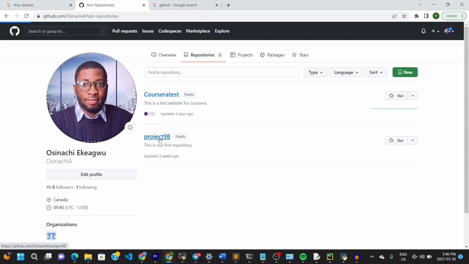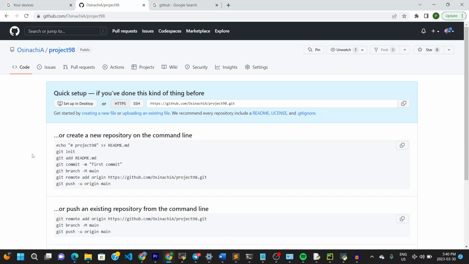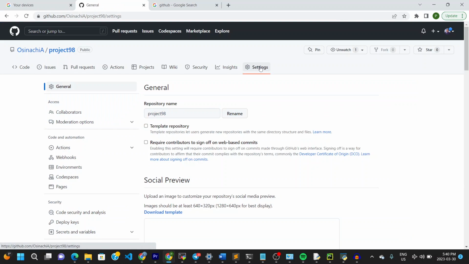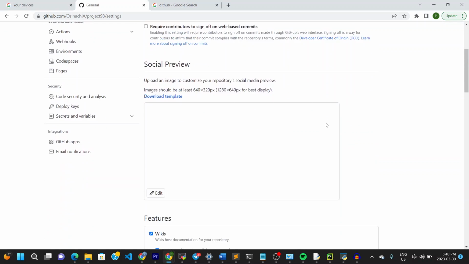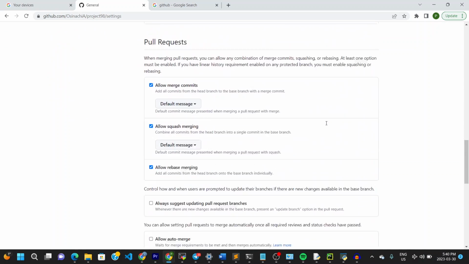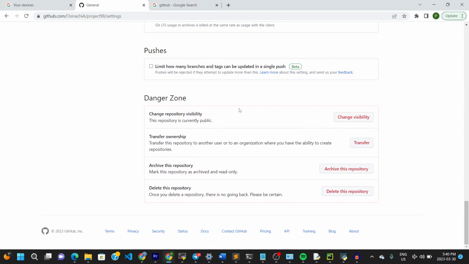I'm going to click on this one and it displays this page. Okay, next I'll click on the top here, it says settings, click right there, and it displays this page, general. You can go right down, scroll down, and towards the end of the screen you see danger zone. Here it says change visibility, transfer, archive this repository, delete this repository, and that's the option I would choose here,